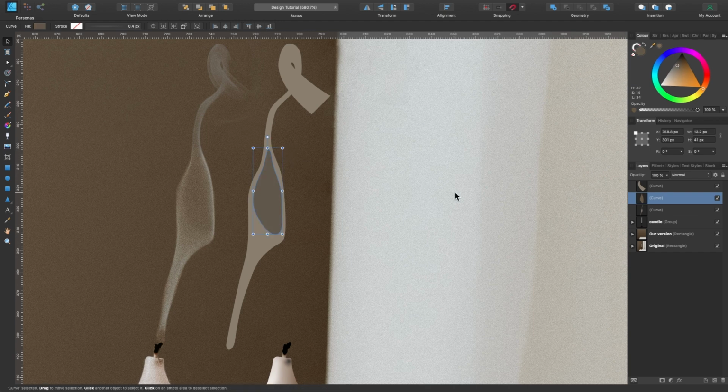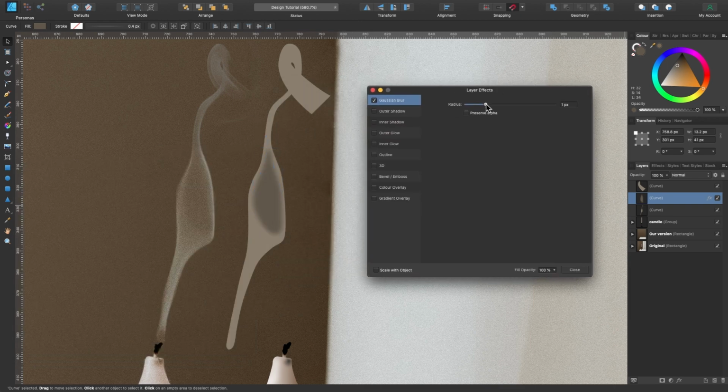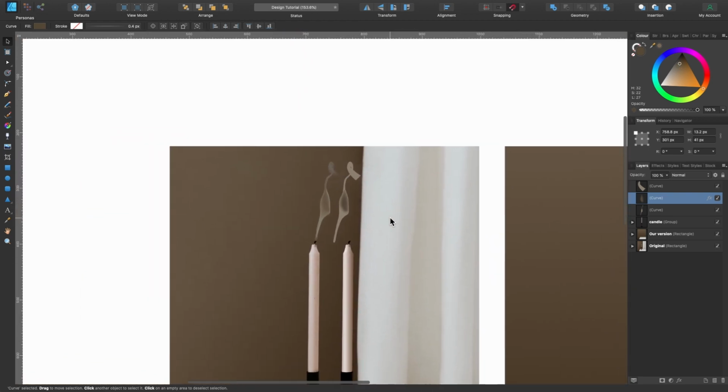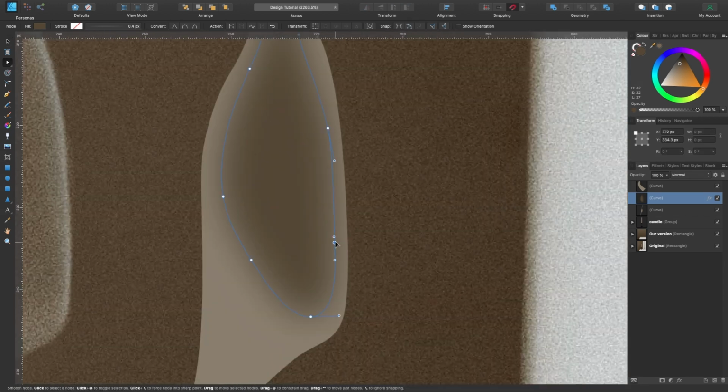Okay, somewhere like that. And now I will go ahead and click on Effects and Gaussian blur to add that Gaussian blur on there. Could make it darker again, I think. Yeah, about there. We'll just zoom out, see what it looks like. Starting to come together. I'll just play around with the nodes a little bit.